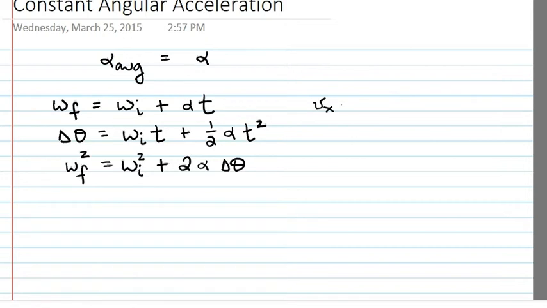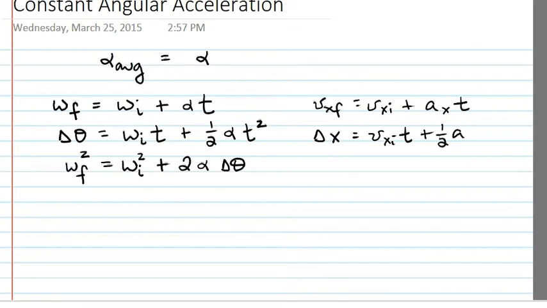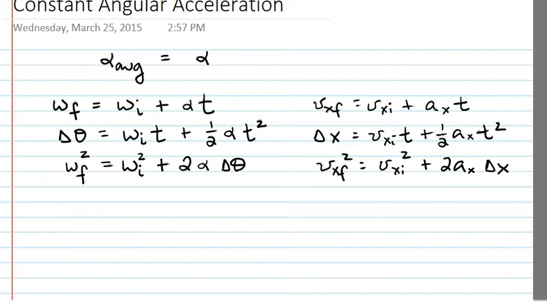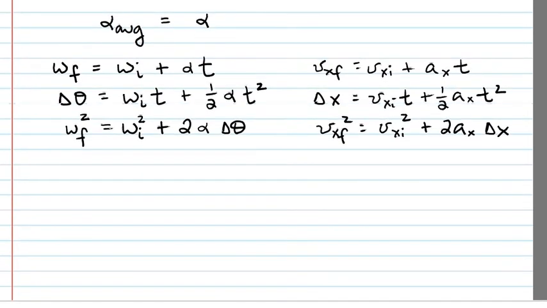Here we had the Vx final is the Vx initial plus Axt, and the displacement was the initial velocity times the elapsed time plus 1/2 times the constant acceleration times the elapsed time squared, and the final velocity squared was equal to the initial velocity squared plus 2 times the constant acceleration times the linear displacement. So the equations match up very nicely, and to a large extent the game can just